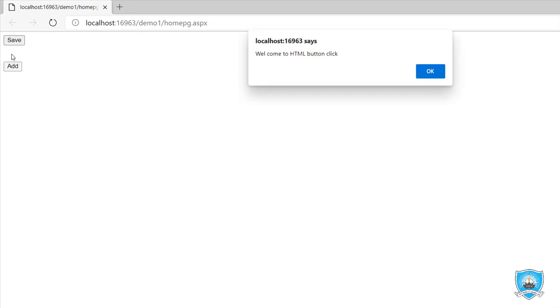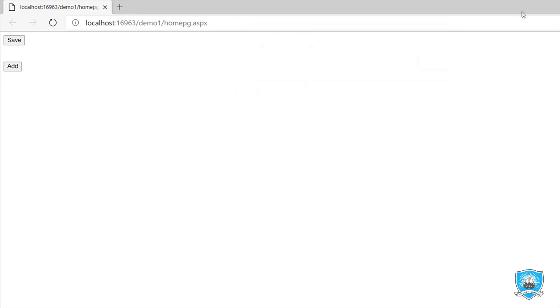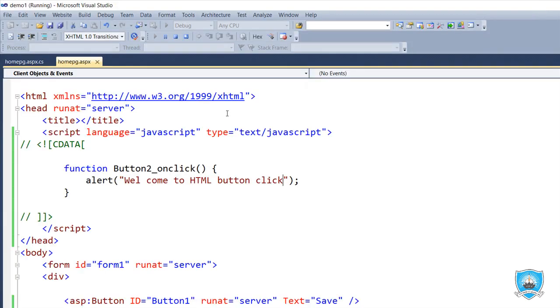So localhost demo1 homepage, and when I click on this HTML button, look, this is the alert, and whatever I type over there, because it's a JavaScript function, I type the message Welcome to HTML button click, and I got it. So it is a very simple function button, one click.